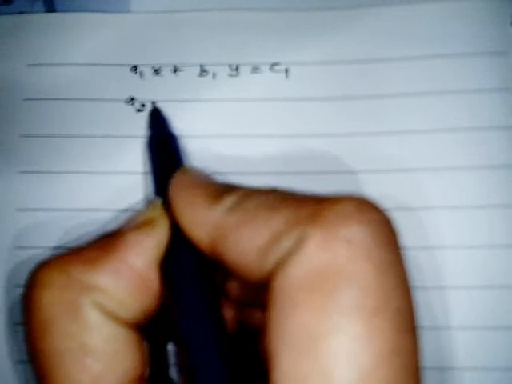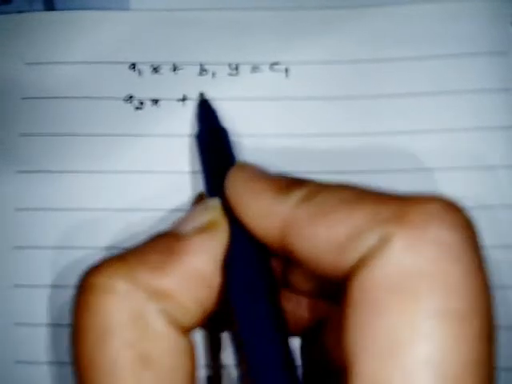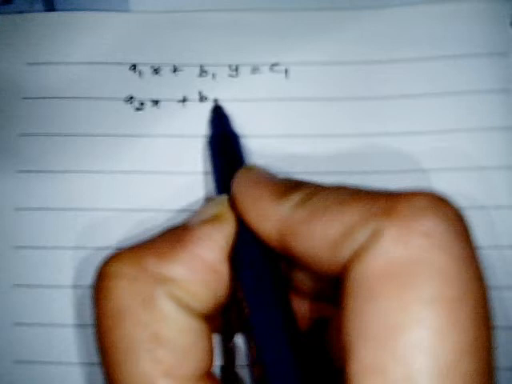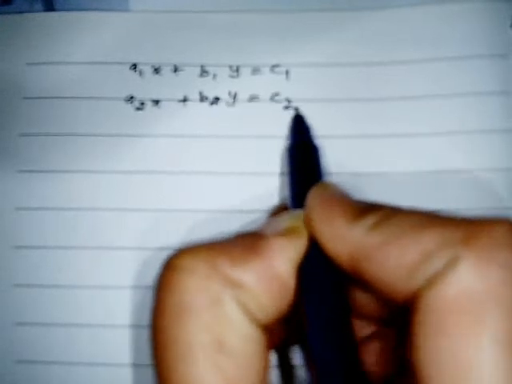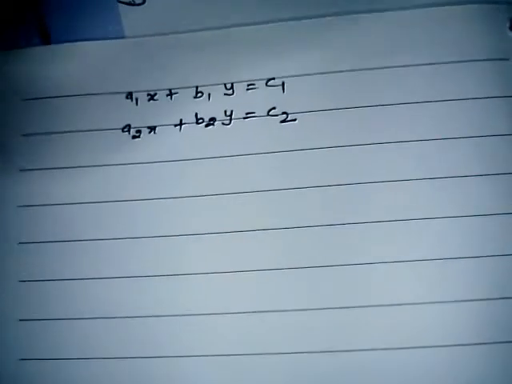Okay, so this is also for solving a pair of linear equations. When you solve a pair of linear equations, the standard form is a1x plus b1y equals c1, and the other equation is a2x plus b2y equals c2. Now this is not clear, I'll make it a little clearer. I hope so. Okay, now it's a clear picture.